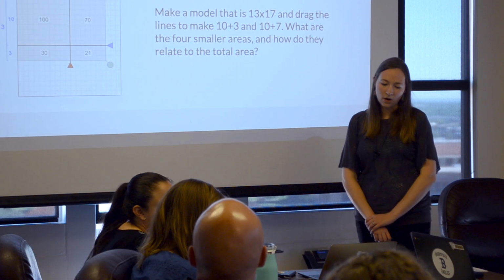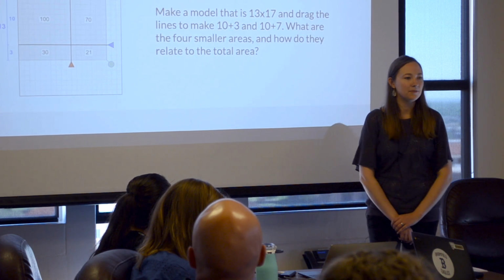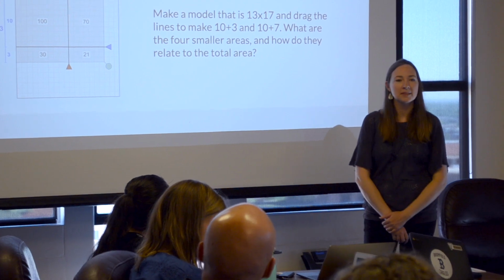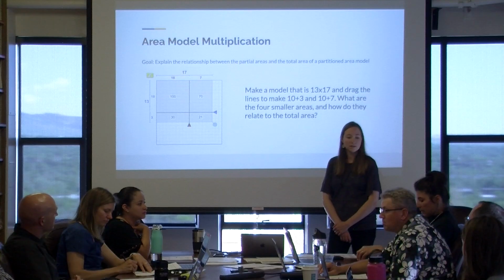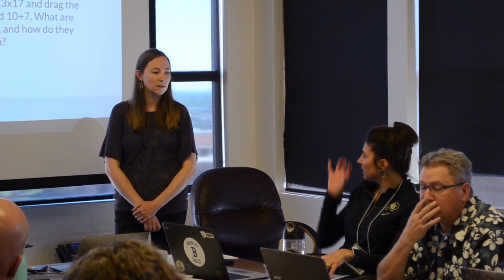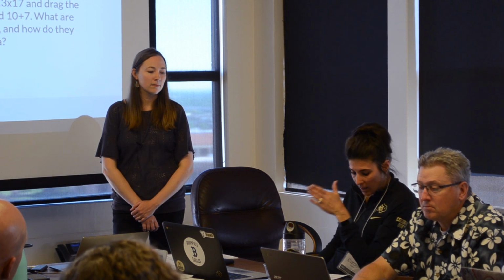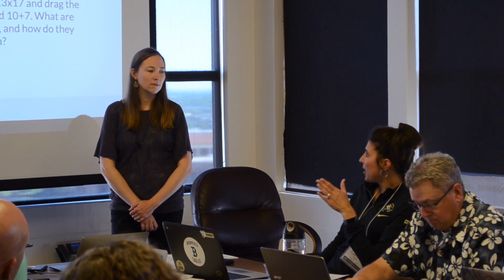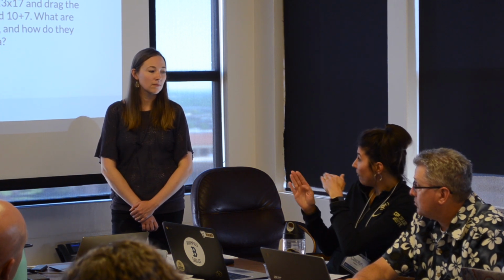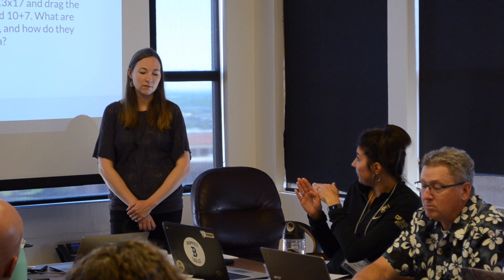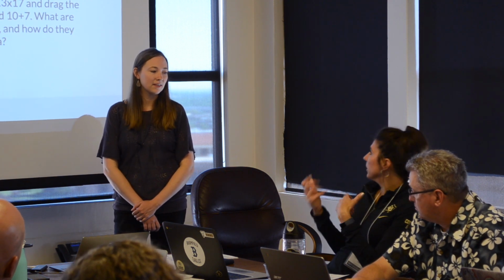Nice. So they would all add up to 221, but then they might have just different partial products in the middle. We kind of like, to start with, the given goal and prompt, because that gets them started, and then move on to the same thing, partition it differently, and then even add on a challenge, like how could you keep the same total area, but partition it so that all four areas are the same. You can't do that with the sim, and then we draw the picture and prove your answer.